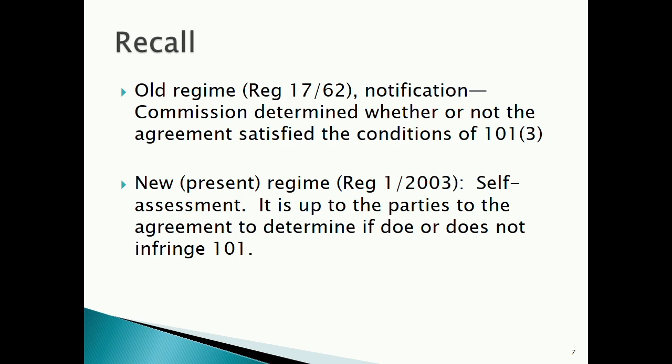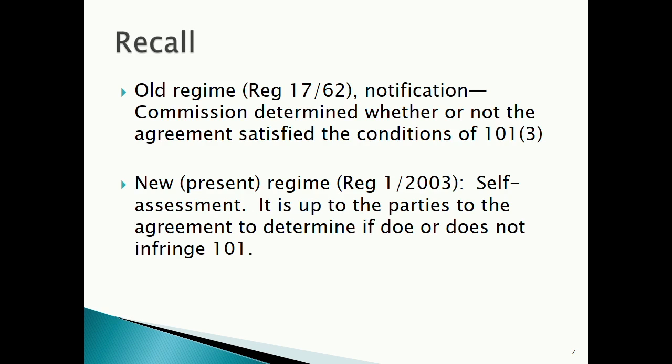And in fact, cases that looked almost identical in their fact pattern, and I'll show this probably tomorrow, cases that were approved under the old regime were prohibited under the new regime. Okay. Bit shocking, but now, the new regime, Regulation 1/2003,